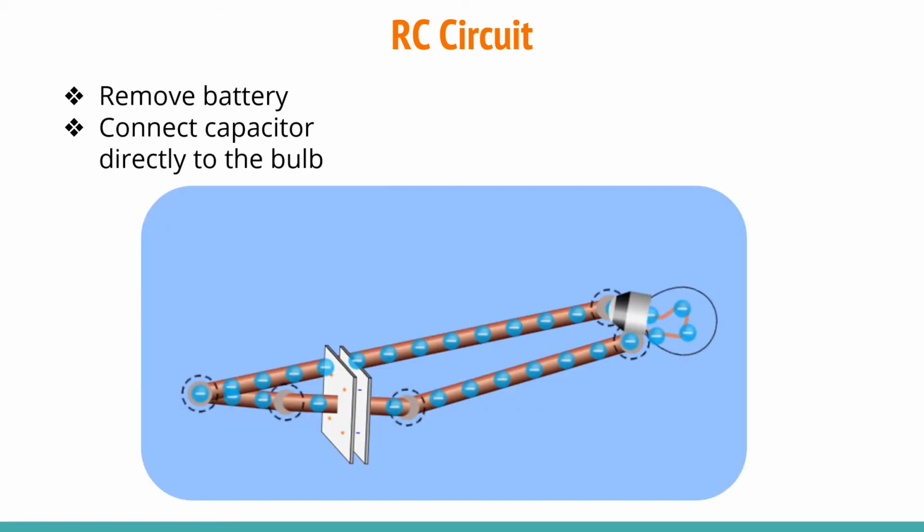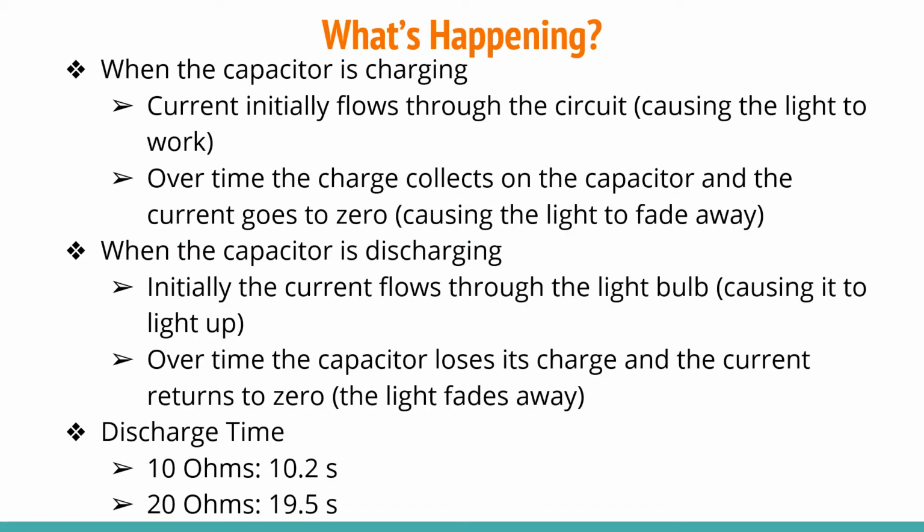Next, I removed the battery and connected the capacitor directly to the light bulb. The light again lit up initially but faded away as the capacitor discharged. When the capacitor is charging, current flows through the circuit, causing the light bulb to work. Over time, however, the charge collects on the capacitor and the current becomes 0, making the light bulb fade away. When the battery is removed and the capacitor is discharging, the current flows through the circuit initially, causing the light bulb to work. However, over time, the capacitor loses its charge and the current returns to 0, making the light